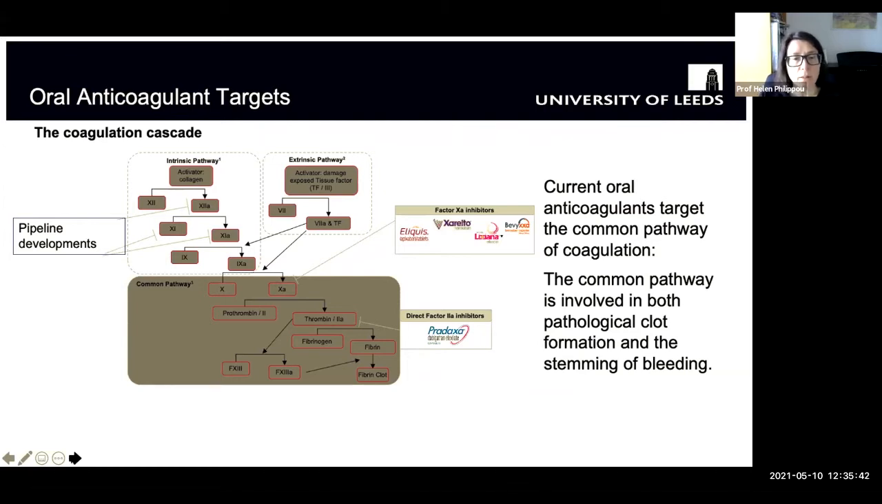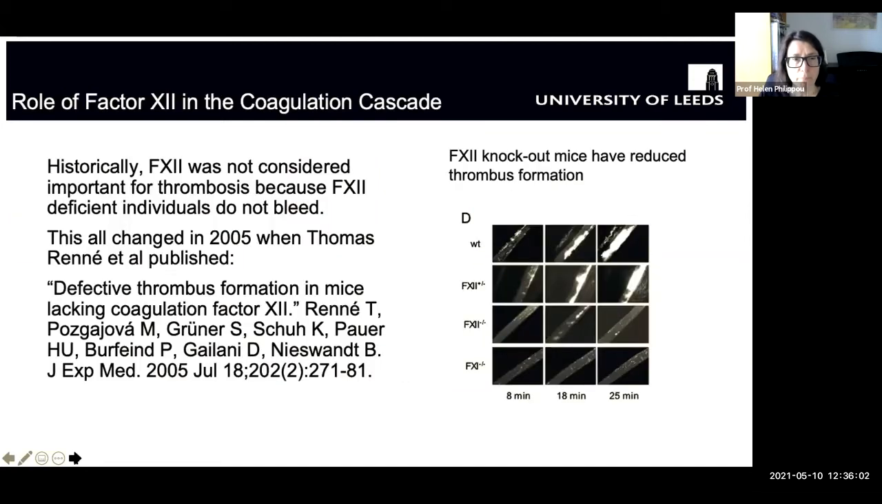And the current targets are thrombin, where we have dabigatran, and then the factor 10A inhibitors. And in the pipeline, there are developments towards targeting activated factor 11 or factor 11 and activated factor 12. Next slide, please. So just to give you an understanding as to why the intrinsic pathway is now being targeted,